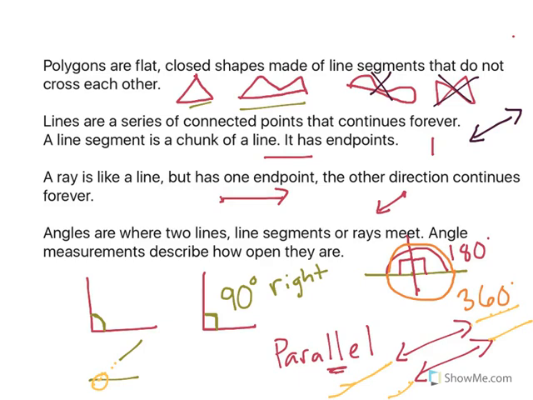Now we're going to go ahead and get started with practicing drawing and identifying things about different quadrilaterals. Quadrilaterals are a type of polygon that, remember, quad means 4. So quadrilaterals are polygons that are flat, closed shapes made of line segments that do not cross each other, and they have 4 sides. I know in the dirt biking community, you can have a quad that has 4 wheels. You can also think of quarters that has a similar sound. That also means there's 4 quarters in a dollar, or a quarter of something is 1/4. So keep that in mind. That'll help you remember